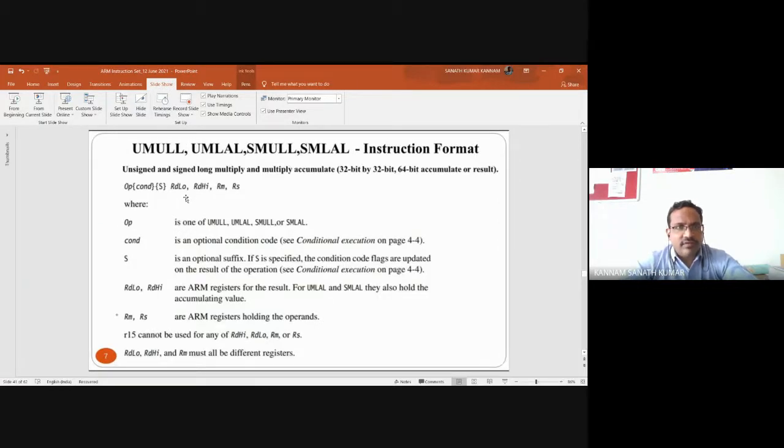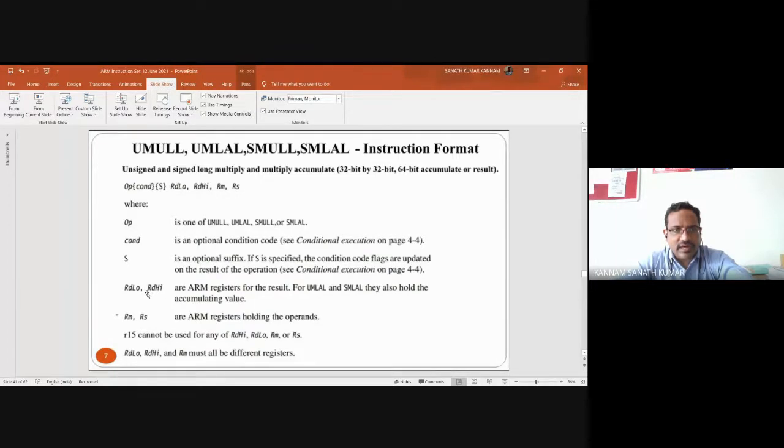Similarly, you have unsigned multiply and unsigned multiply and accumulate, and signed multiply and signed multiply and accumulate. This is the format. The operation is UMULL or UMLAL. The condition is optional. S is a suffix which will update the conditional flags.